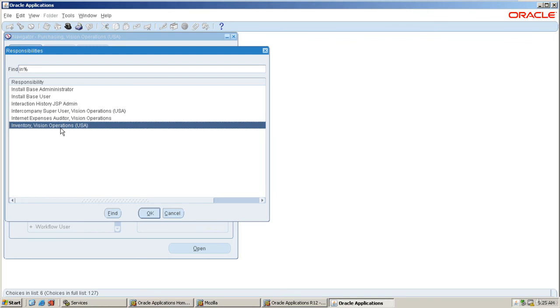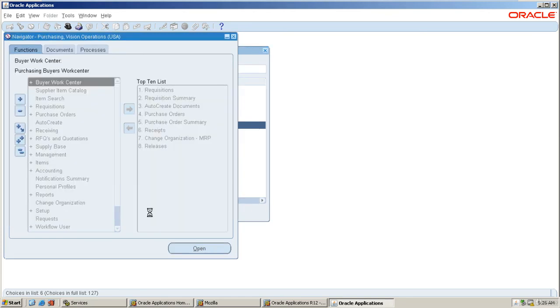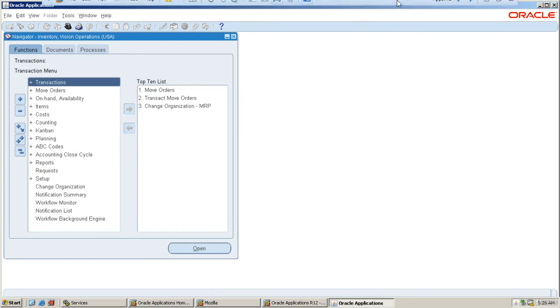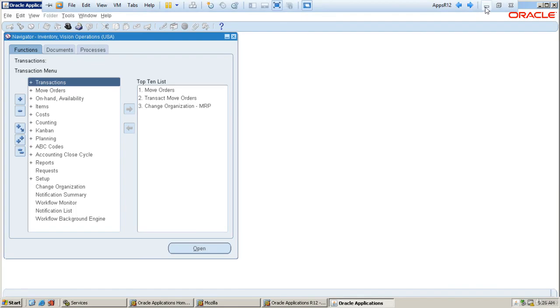After login, we are going to define the setup based on the requirement only. The next setups we'll see in the next videos. What are the inventory setups? These are all the inventory menus. Using these menus, we are going to define the setups, which we can discuss in later videos.